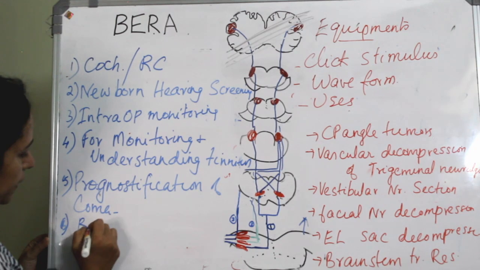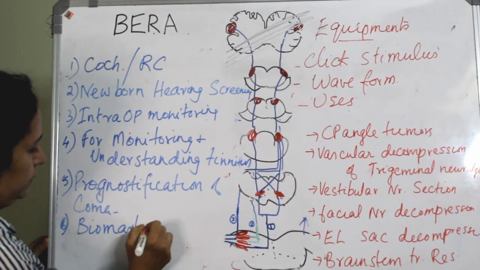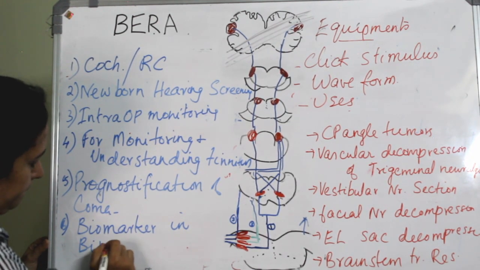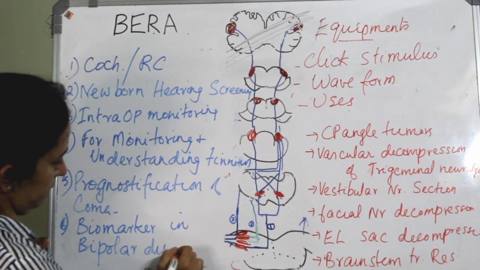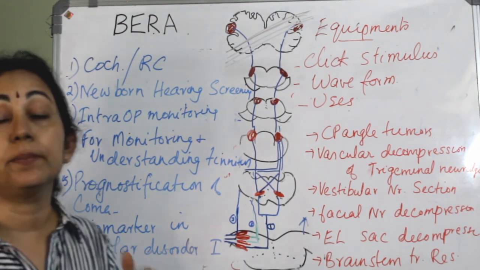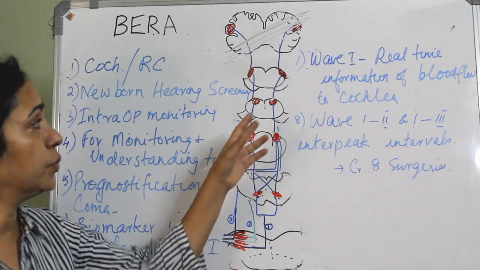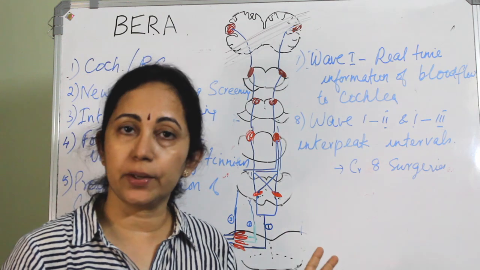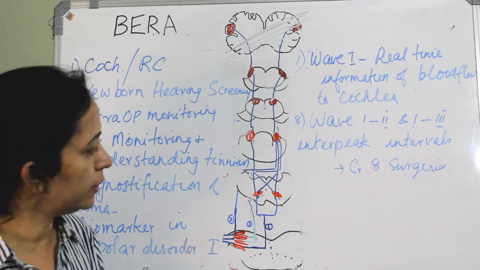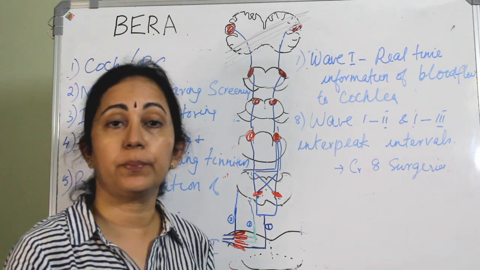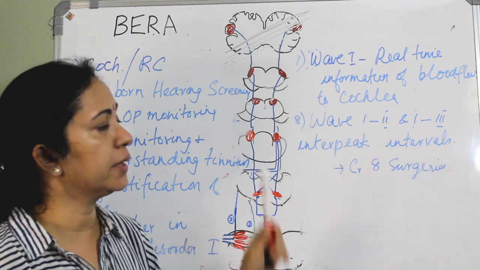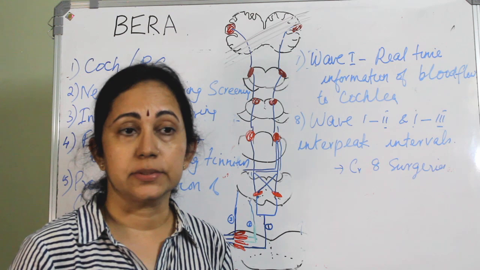Next, it is used as a biomarker in bipolar disorder type 1. The abnormal wave pattern can be used as a biomarker in bipolar disorder type 1. And also you know that wave 1 corresponds to the distal part of the 8th nerve, so it gives real-time information regarding the blood flow to the cochlea. And also wave 2 is on the proximal part of the auditory nerve. So wave 1 to 3 and also the 1 to 3 interpeak interval can be monitored during surgeries of the